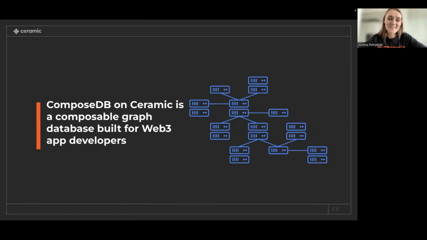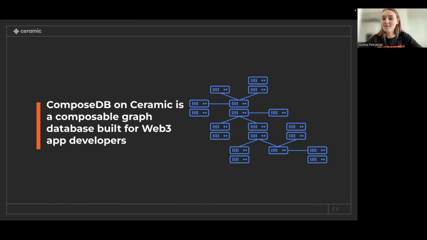So now let's dive into ComposeDB on Ceramic. ComposeDB on Ceramic, as I said, is a fairly new GraphQL interface that we built on top of Ceramic. And it is designed to bring data composability and interoperability to Web3 apps. We launched it just about a month ago, so there are quite a lot of things that we would like to improve, and this is a perfect opportunity for developers to tell us what they would like to see in ComposeDB.